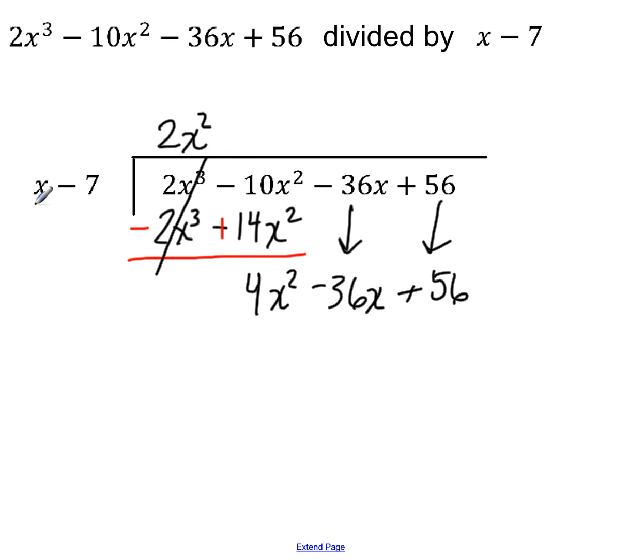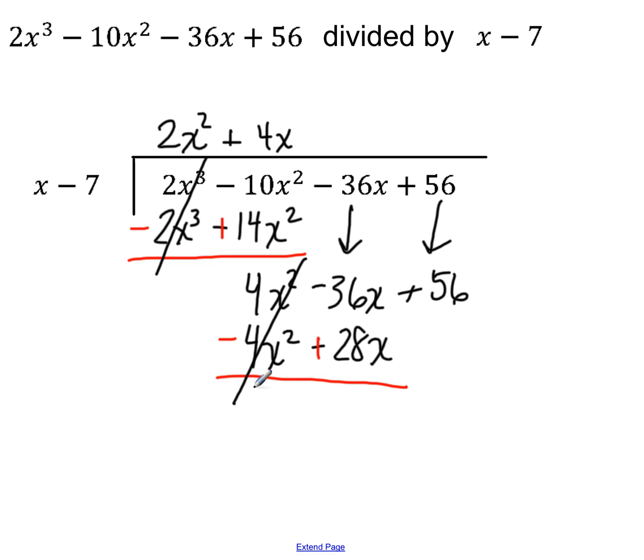Okay, now, how many times does x go into 4x squared? So x times 4x gives me 4x squared minus 28x, because I multiply 4x times x is 4x squared, 4x times negative 7, negative 28x. Now I change color, and I subtract, and I change the sign there. Okay, put these together, that cancels, which was my goal, and now what am I going to have left here? Negative 8x, and bring down